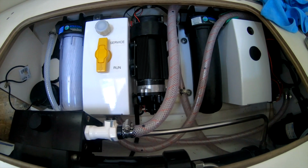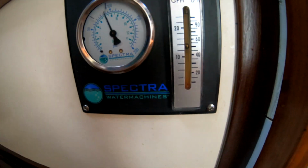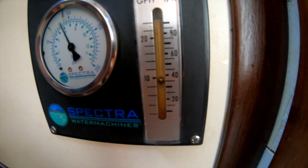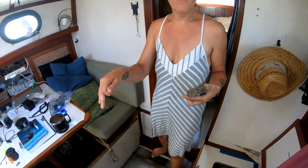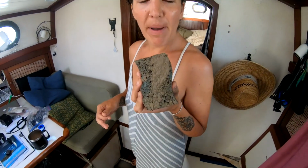After who knows how many days of work, it's finally doing some decent amount of water. I think it's working better than ever. It's doing around 15. But I noticed while we've been doing this whole install that our water tanks had a little bit of grunge on the sides of them. Luckily they're really well designed, so they have big portholes in the top, 3 of them. So I started in the first one, a little bit of grime on the sides, not so bad. Second one, a little drier, not as clean. The third one just straight up has